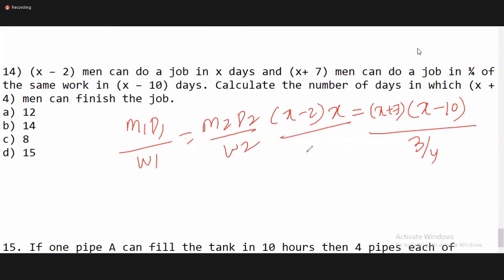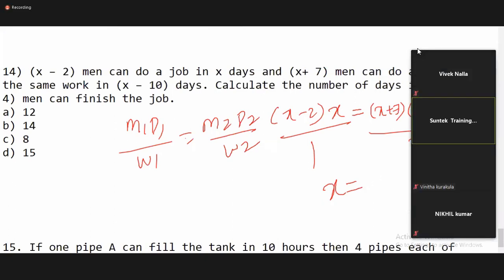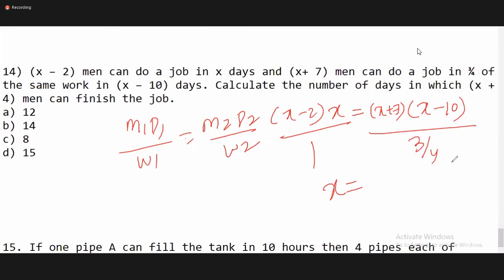So if this work is 3/4, when this work is 1, this work is 3/4. So 4 will go to the numerator. If you calculate this, you will get x. Anybody calculated? You might have solved it. What is the x value? The question is not x, but please calculate this and tell me what is the x value. Anudeep, x value how much? 4 will go to the numerator. You need to calculate your x value. What is x?